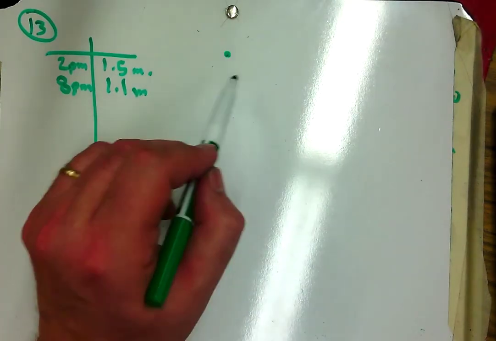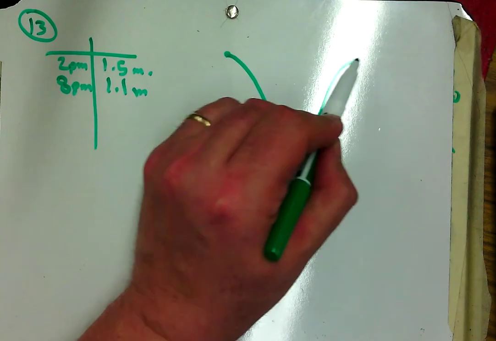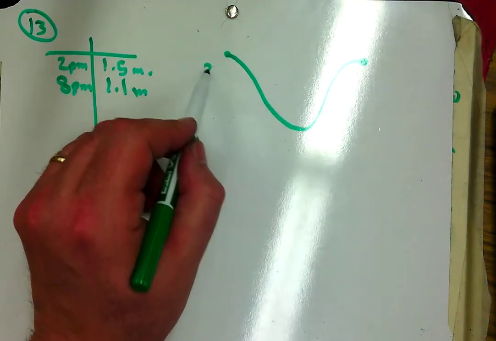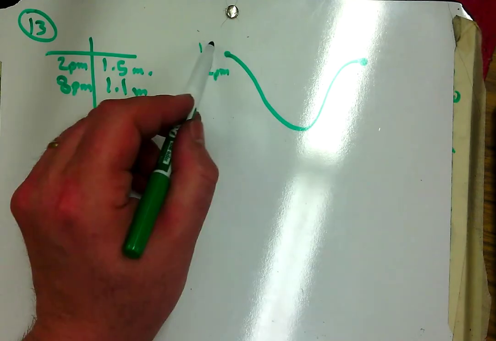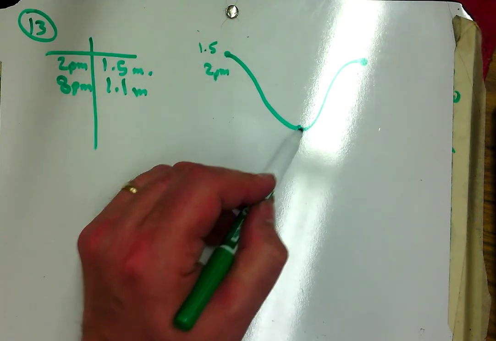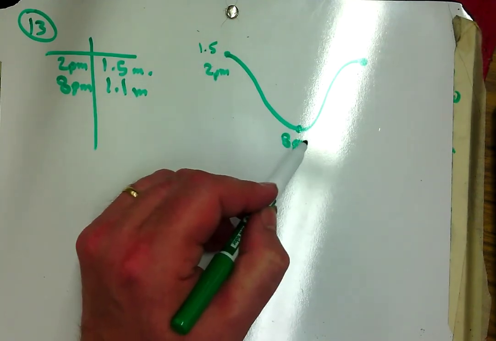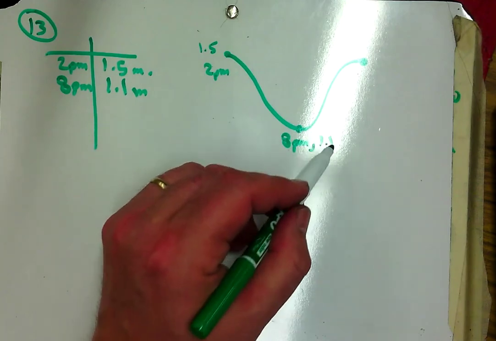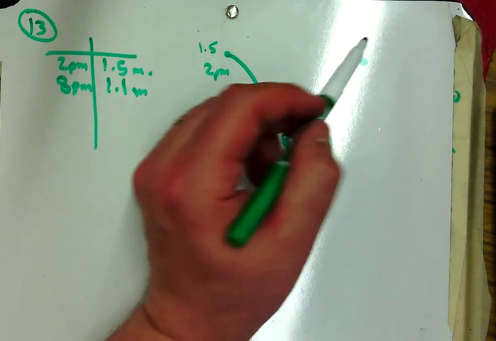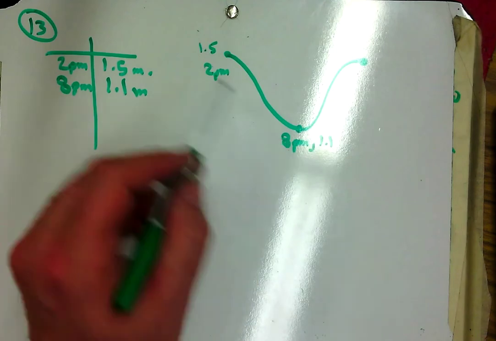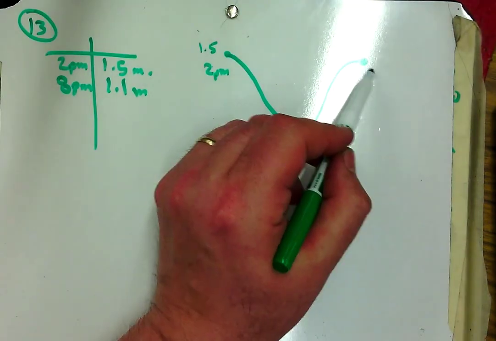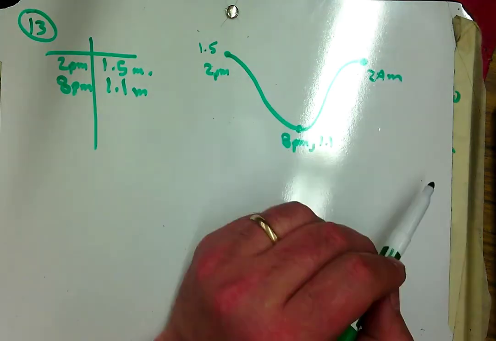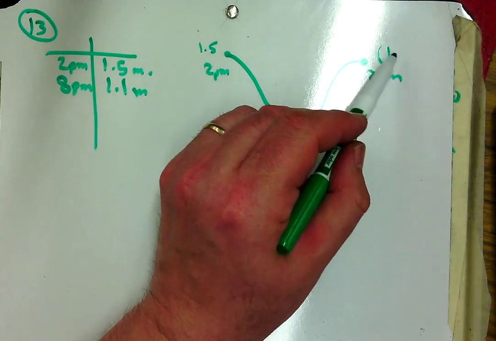So we could say the tide at 2 p.m. is 1.15 meters, and at 8 p.m. is 1.1 meters. And then, how many hours was that? That was 6 hours. 6 hours after 8 p.m. will be 2 a.m., and we'll have another 1.5